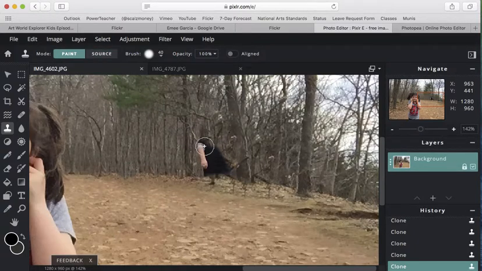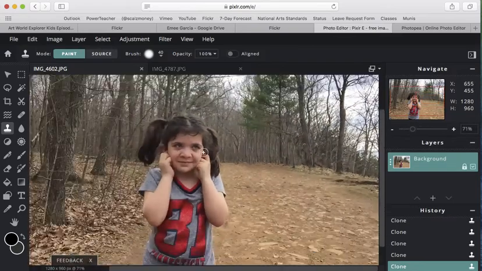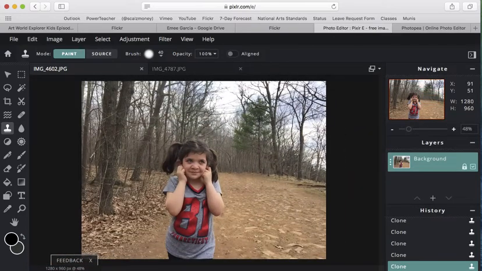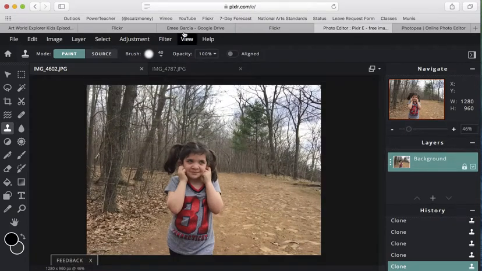So as you go and do something like this, you'll get used to the tool and you'll be able to make something that works and looks believable. So now when we zoom out, you can see it's like that person was never there. Now, you say, well, what does that have to do with surrealism? Well, I used this